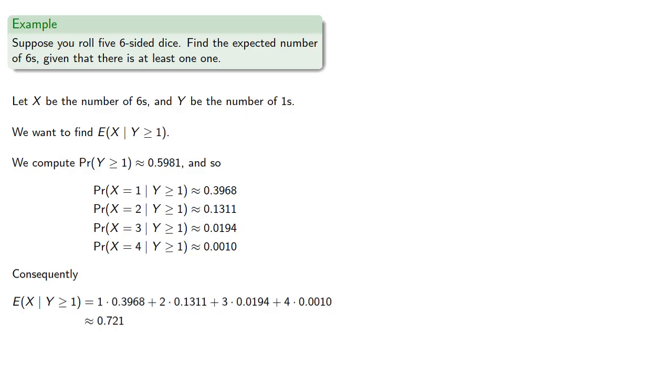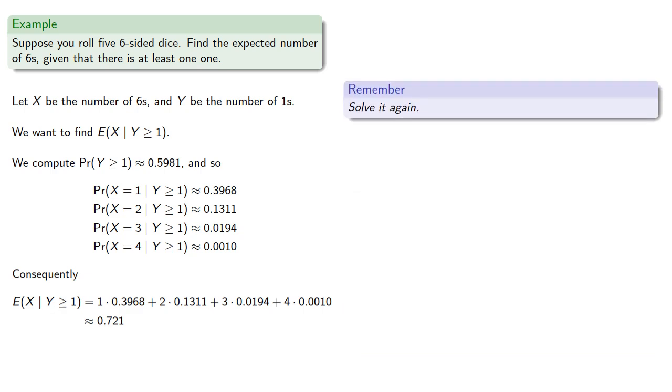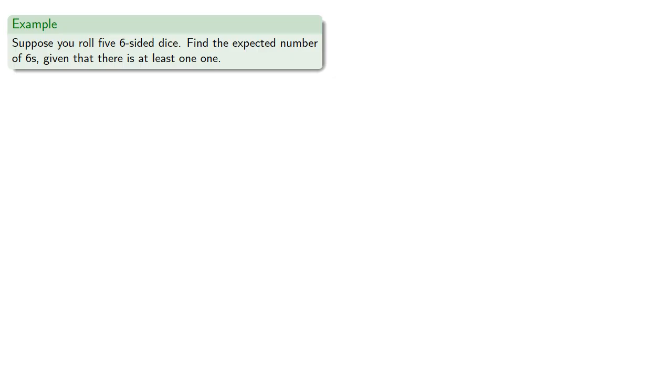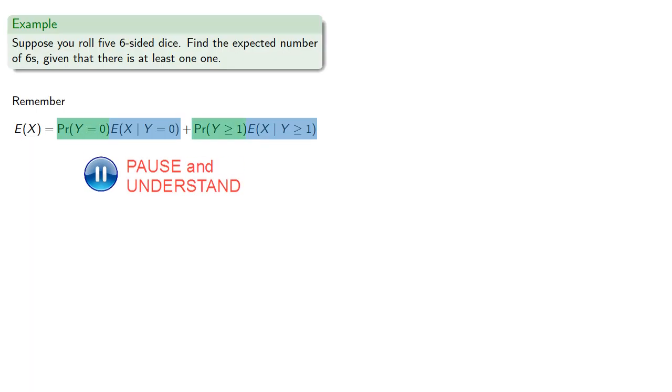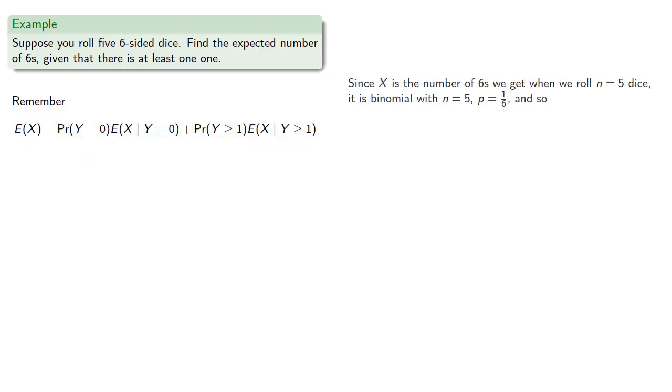So remember, one way of learning math is to solve the same problem in several different ways. So let's solve it again. So instead, let's go ahead and use this relationship we have between the expected value of x and the conditional expectations. And again, we can think about this as the conditional expectations times the probability that they will be relevant. Since x is the number of sixes we get when we roll n equals 5 dice, it's binomial with n equals 5 and p equals 1/6. So our expected value of x is,